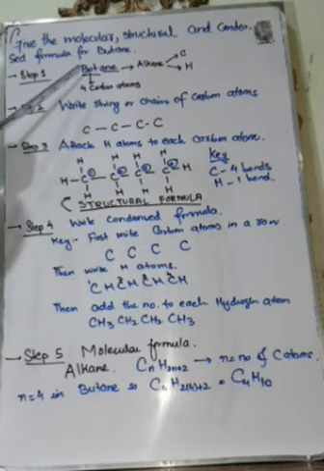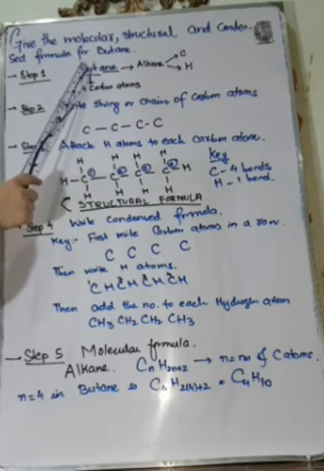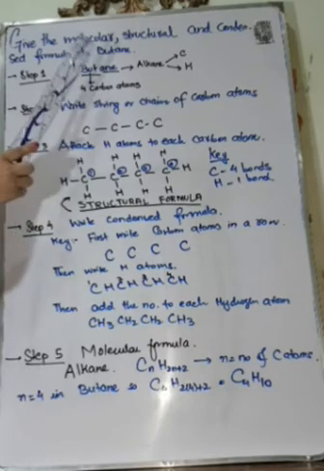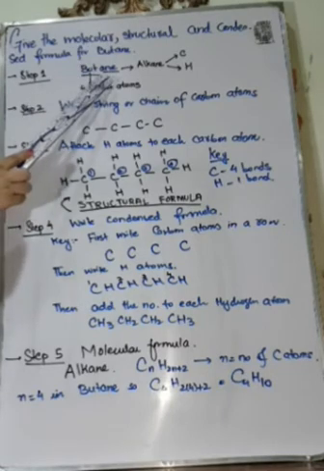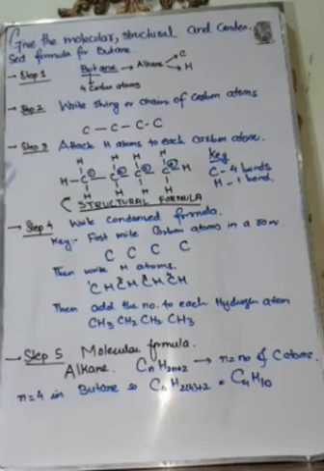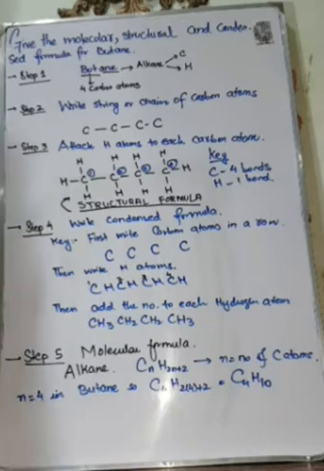Now, in butane, if we divide the word into two, then "but" means that this compound contains 4 carbon atoms, and since the compound name ends with "ane", this means that this alkane contains 2 elements, carbon as well as hydrogen. Now we know that this butane contains 4 carbon atoms and 2 elements, carbon as well as hydrogen.